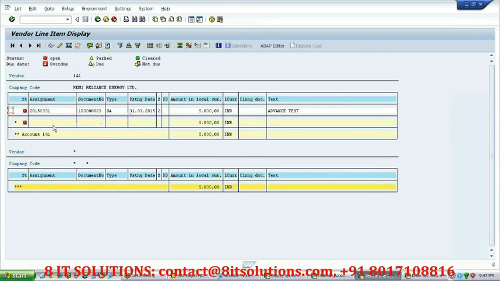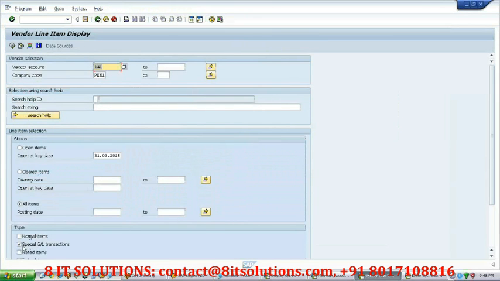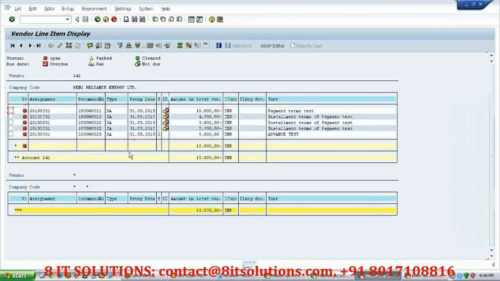As you can see, it is showing a transaction with special GL 2. So it is easier for you to identify that this is not a regular transaction, not a regular invoice posting or regular payment, this is a special GL. I only executed special GL. If you select normal and special GL, then you may find a lot of documents, but you can easily identify this document because there is a special GL indicator.